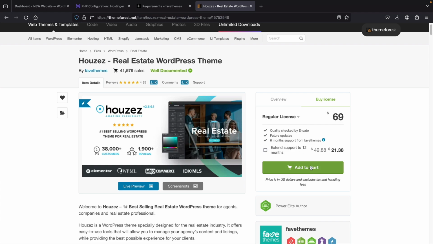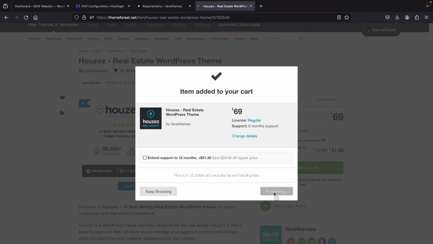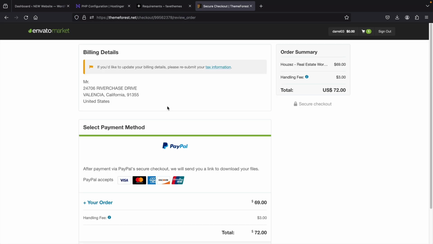So you're going to go ahead and add this to the cart. This is about $69, and this is a one-time payment for lifetime access, so you'll never have to pay this ever again, which is pretty cool. So go ahead and add it to the cart. Click on Add to Cart. Go to Checkout, right? Now, once you guys go ahead and purchase this theme, I will then meet you guys